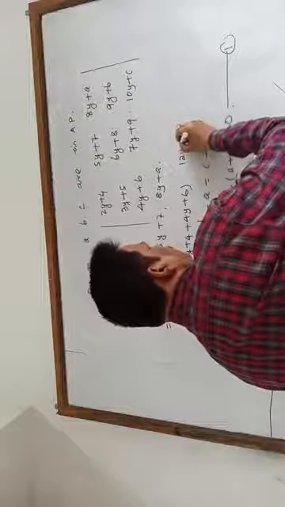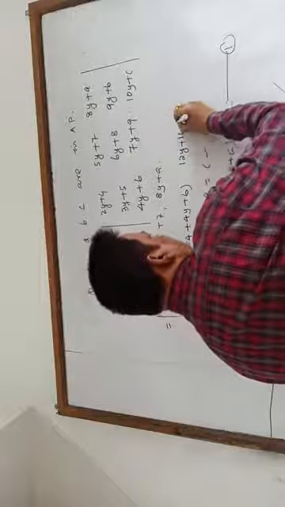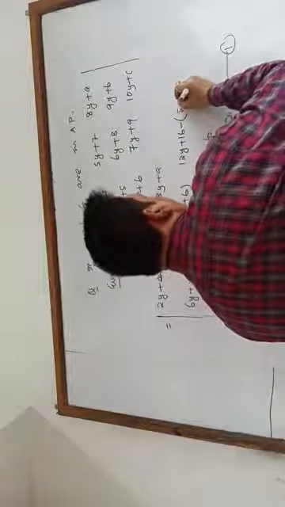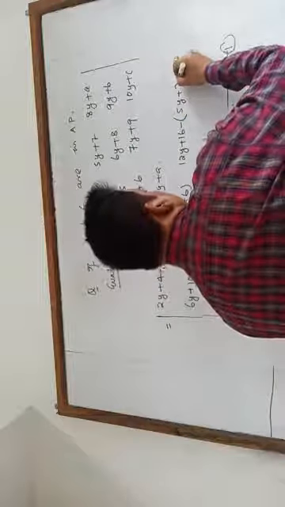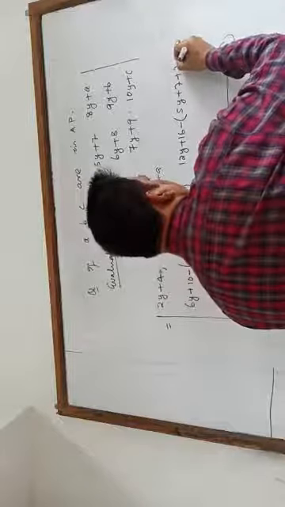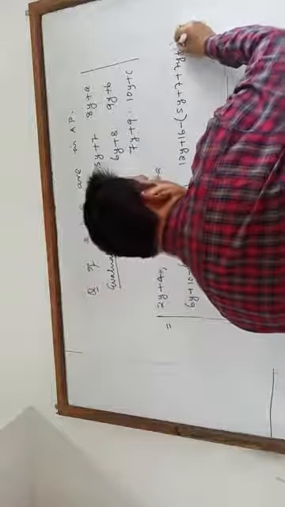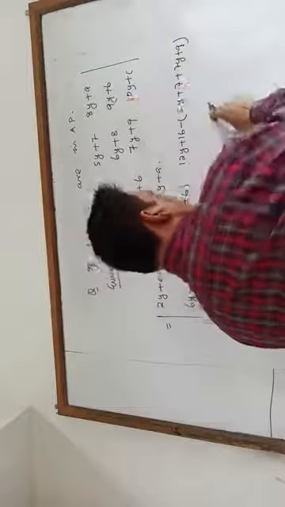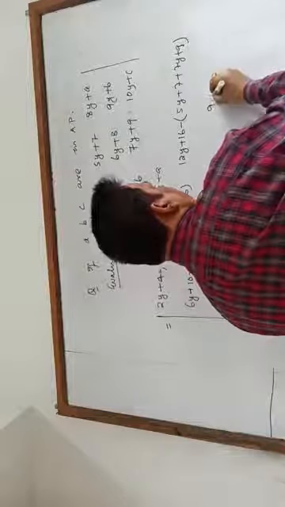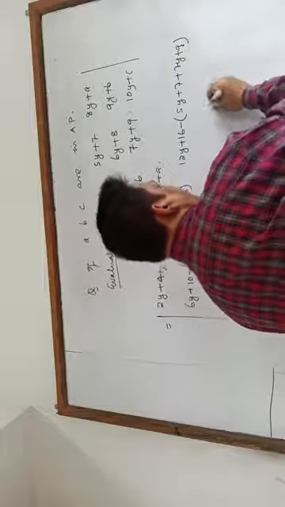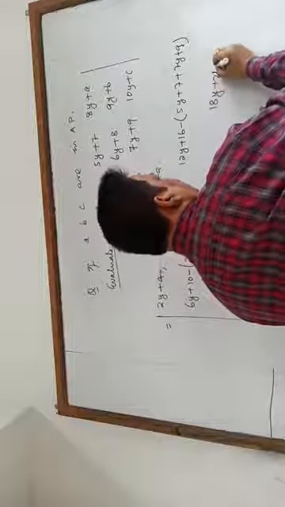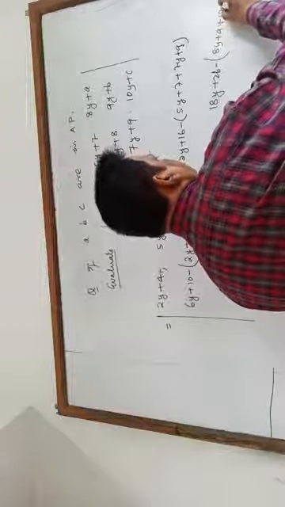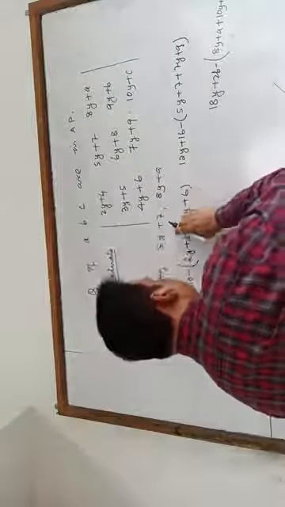If you multiply 2, this will be 12y plus 16 minus 5y plus 7 minus 7y plus 9. So what I will do is, the third element I will write here, 9 will be 18y, 18y plus 2b minus 8y minus a minus 10y minus c. Let's rearrange it very nicely.